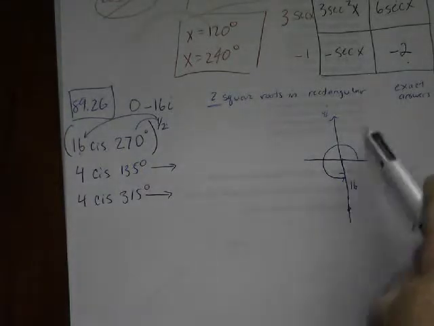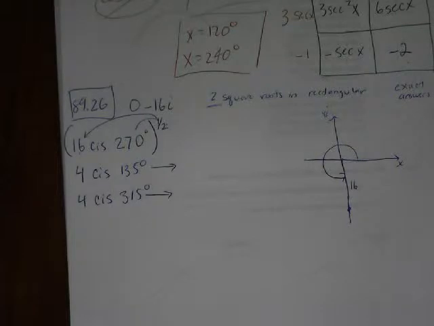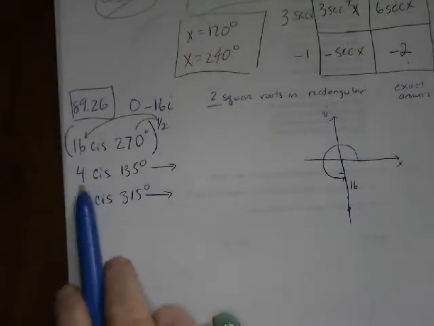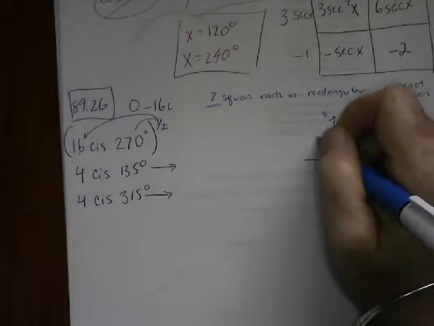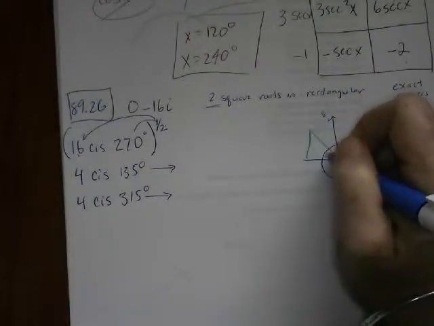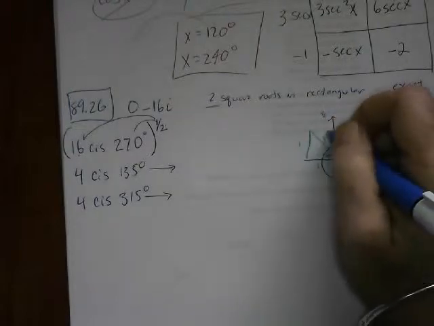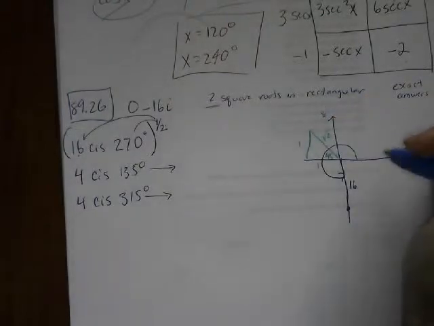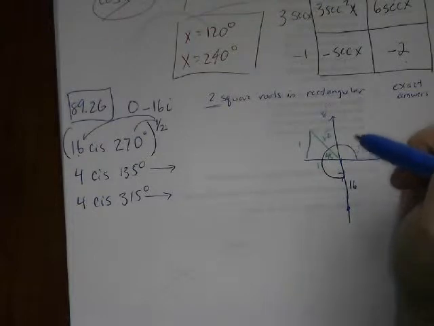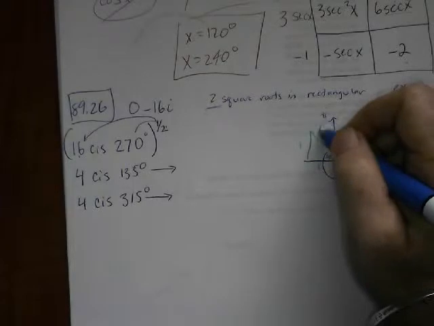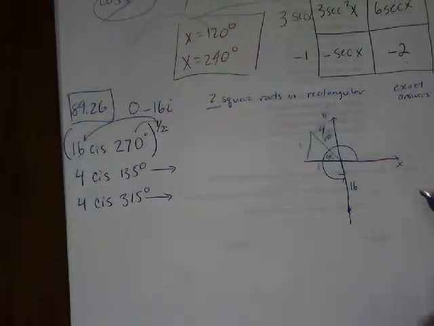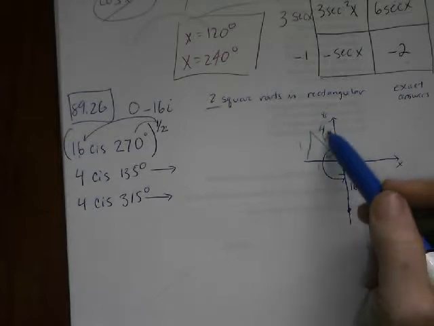So rectangular form, again, I'm kind of going back over here and going to figure out where they would be if they're in rectangular form. So this one has a radius of 4 and the angle measures 135, so I think 135 would be over here somewhere. And I think that makes this 45, and that's going to be 1 root 2, and so rectangular I want to go, oh, well, I guess I would go, what am I doing? This is actually 4 though, isn't it? That's 4. So if that's 4,